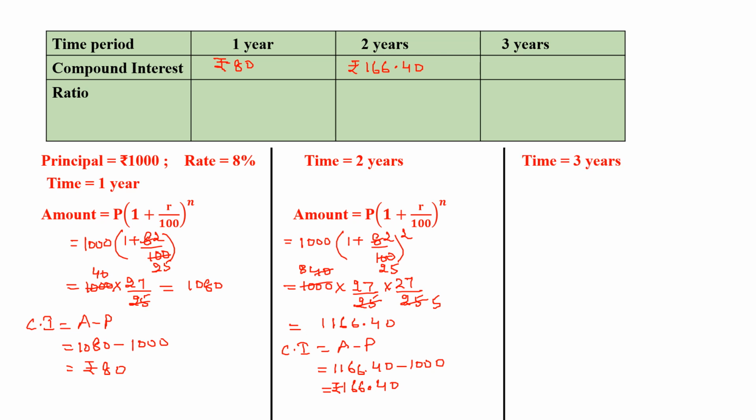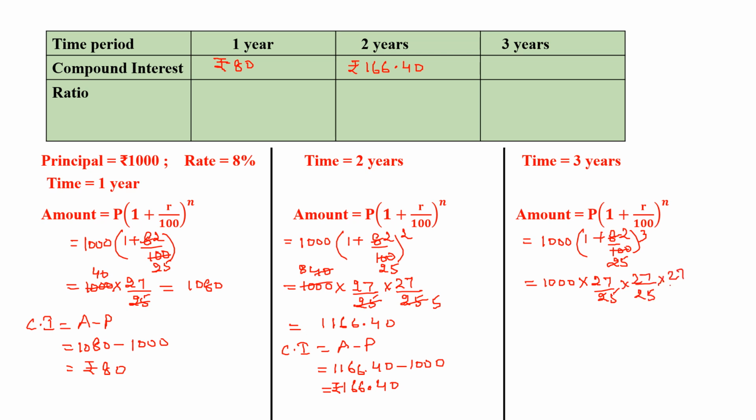Now let's see for time period 3 years. So again, if I'm going to put all the values, principal is 1000, again 1 plus 8 by 100 whole cube. And if you reduce it, it is 4 times 2, 4 times 25. And from here you can write 1000 into 27 by 25 into 27 by 25 into 27 by 25. And if you are going to solve it, you are going to get the value as